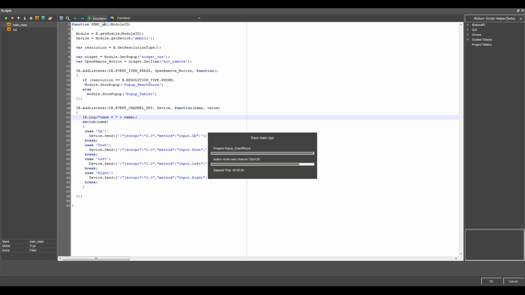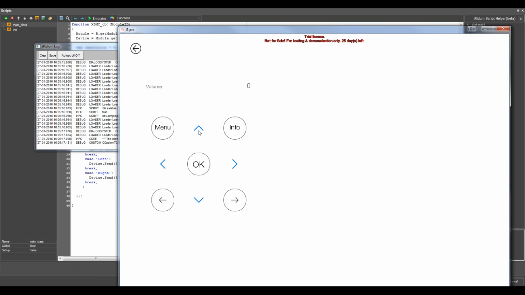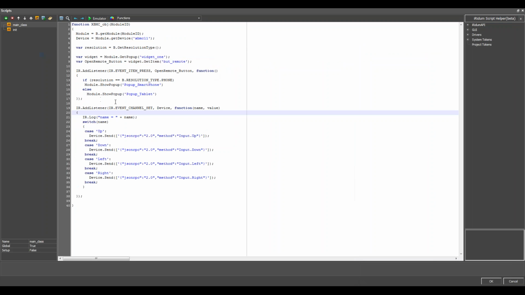Start the emulator. So it does not work. Why?